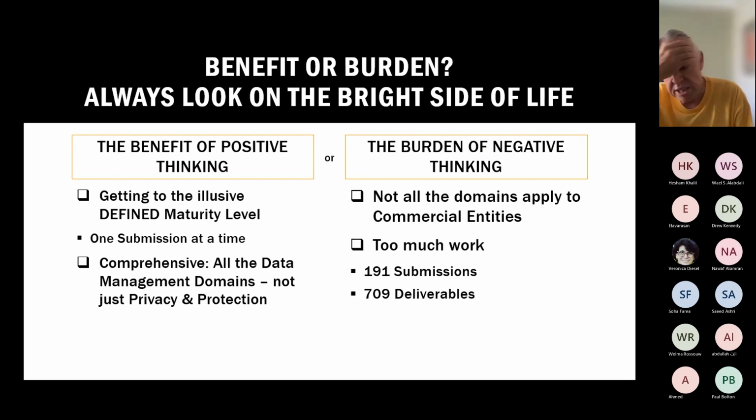It's as comprehensive as the DMBOK. It's got some added domains, which is data value realization. I will show you a mapping a little bit later on. What they're forcing basically is all organizations to what I refer to as a defined maturity level, or what the DMBOK refers to as defined, which is level 3. At that point, the short description of defined means that all of the ways of work, there's a shared understanding. All the standards have been set and are used across the organization. Okay, so we're getting consistent and shared understanding and behavior.